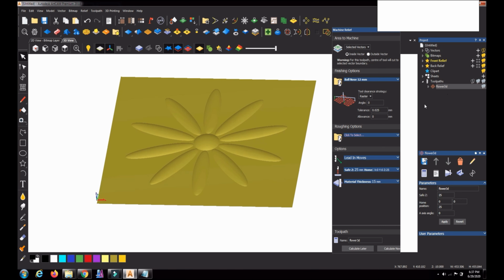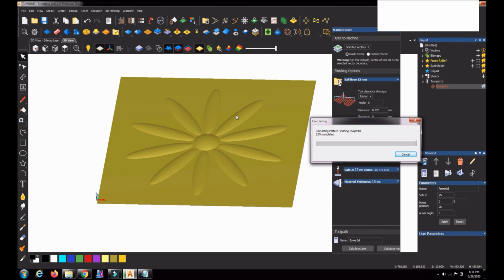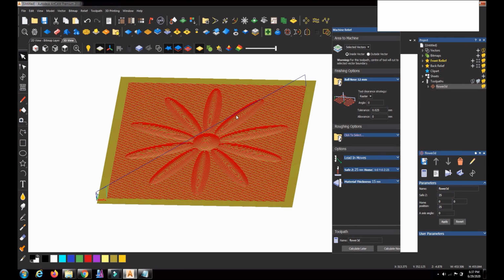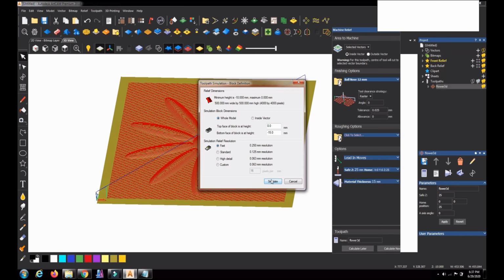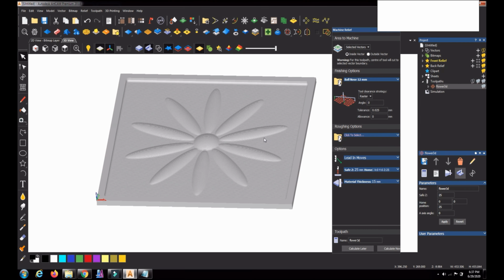Then I calculate it, and the new toolpath will be created. Again you can see the simulation, and now from here you can save the toolpath with the new diameter cutter.